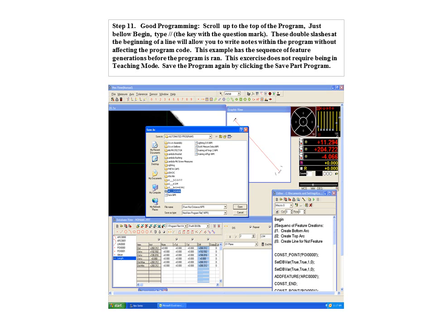Good programming: it is always a good idea to take notes on what you've created for future use. Scroll up to the top of the program. Just below begin, type a double slash, the key with the question mark. Double slashes at the beginning of a line will allow you to write notes within the program without affecting the program code. This example has sequence